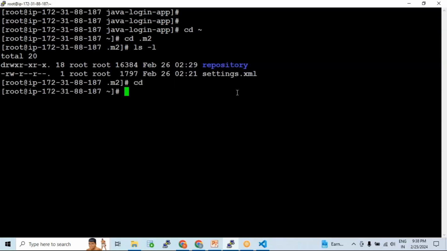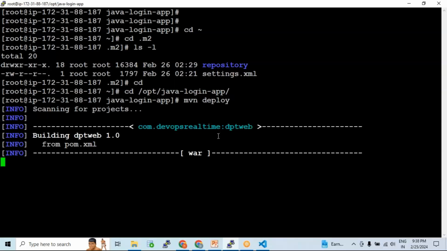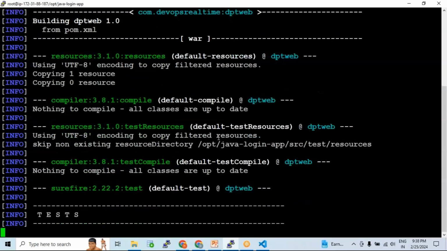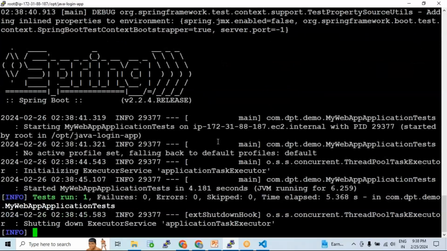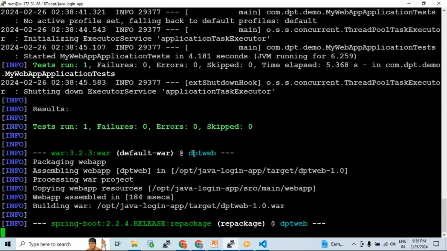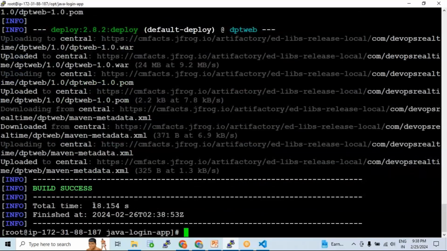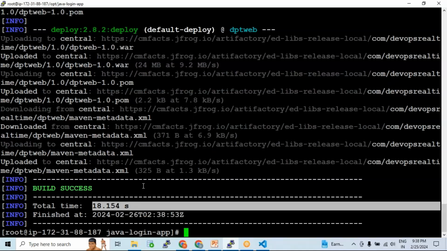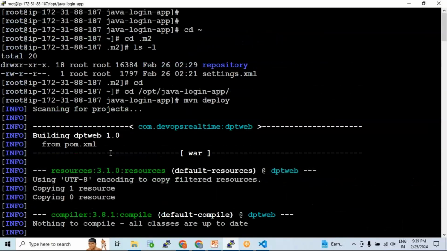It means that if you build the project one more time, let me do that. I'm just trying to build the source code one more time. The second time I'm building my source code, guys. I just wanted to see the difference. The build is successful within 18 seconds actually. And if I go to the history of this build log, right, it is not actually downloading any dependencies from